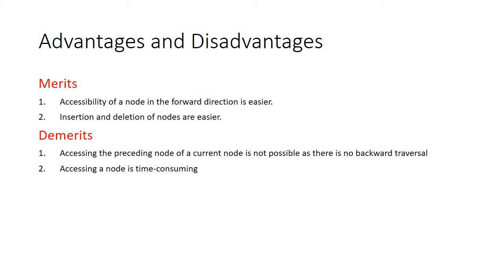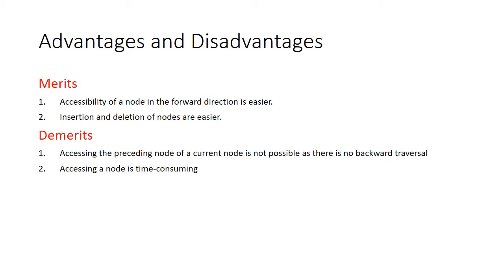And moreover, if I want to access the predecessor node, I have to come back to the head, and from there go on accessing the elements in the forward direction till I get the desired element in the list. These are the two disadvantages we come across in a singly linked list, because in a singly linked list we have only one arrow. The first node's pointer field stores the address of the second node, and the second node's pointer field stores the address of the third node.